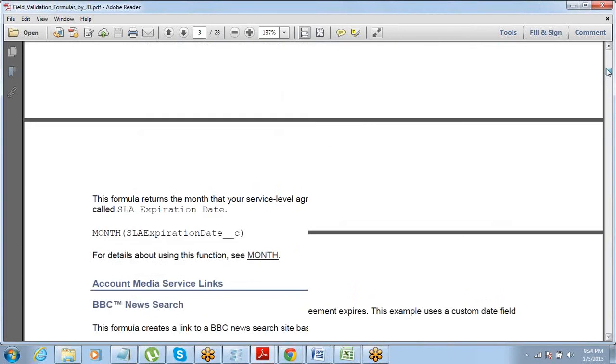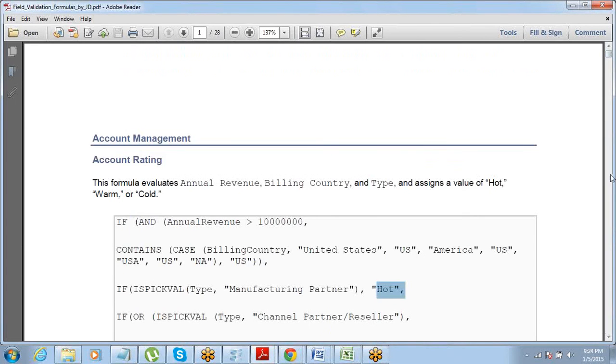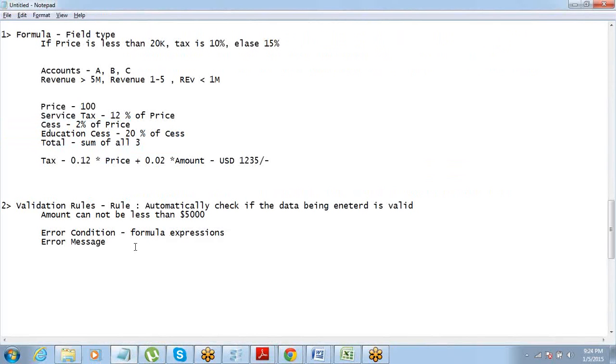right after this. Just refer to this, practice the examples that we have just talked about. You can try and put your own examples. So your activity 1 will be to practice formulas and validations, simple examples as we discussed.